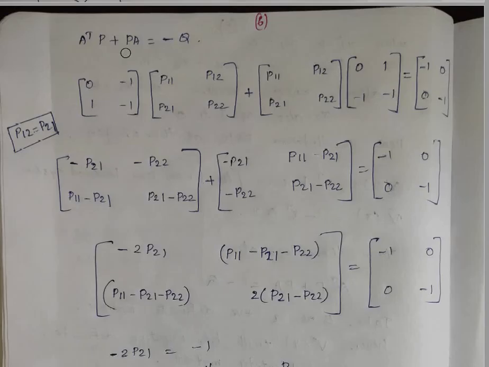For that, substitute in the equation A transpose P plus PA is equal to minus Q. A is given in the question as 0, 1, minus 1, minus 1. So find A transpose. P should be taken as this, A transpose into P plus P into A, that is equal to minus Q. Since Q is the identity matrix, minus Q is minus 1, 0, 0, minus 1. Now, find the product of these two matrices and add them, then we will get the final matrix like this. Equate this to minus Q, or minus the identity matrix.